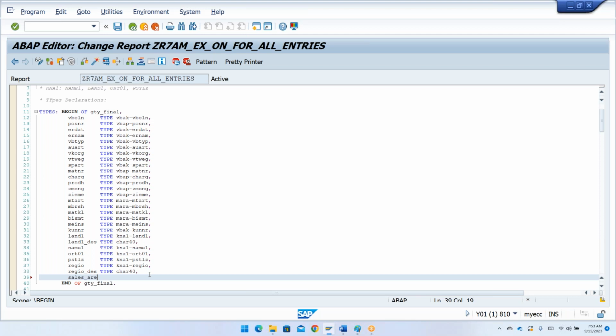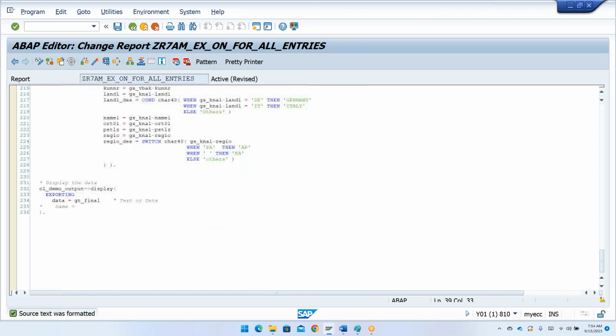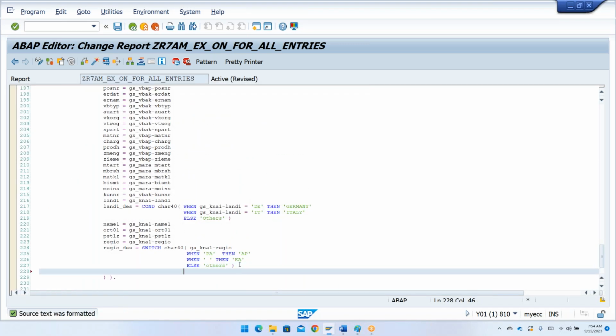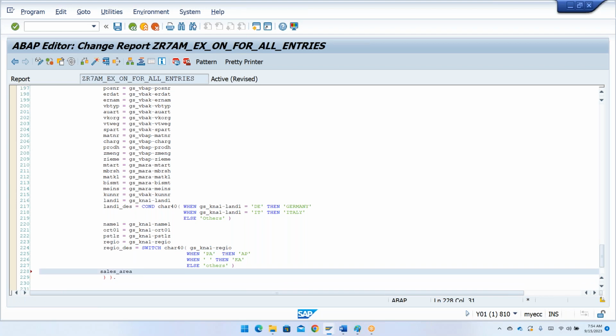Sales area, I'm going to take this as type, let's take cat 20, and then do your pretty printer. I'm just going to show you how we can concatenate over here also. So now I'm going to say the sales area is equal to, open your pipe symbol and flower brackets, and then gs_vbak-vkorg, and I'm just closing this one, and then I'll say at the rate, and I'm going to go ahead,